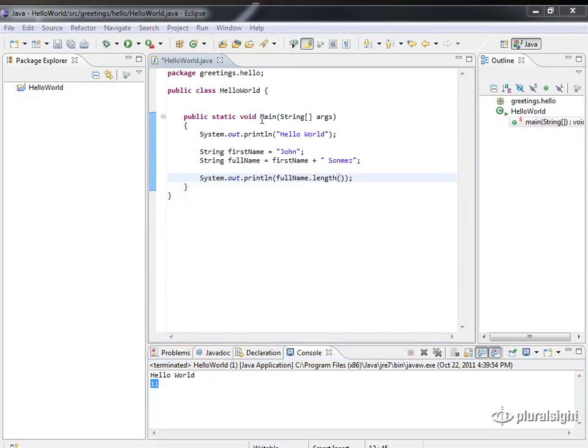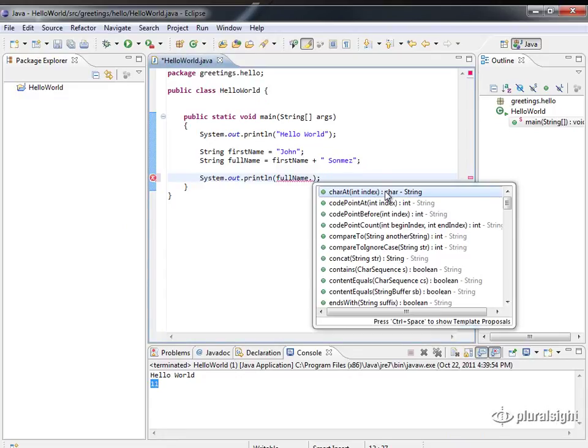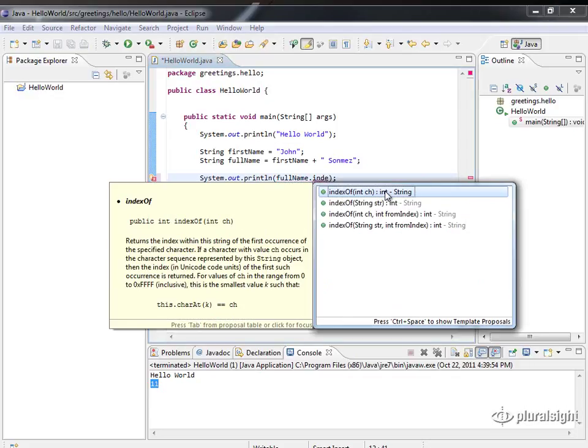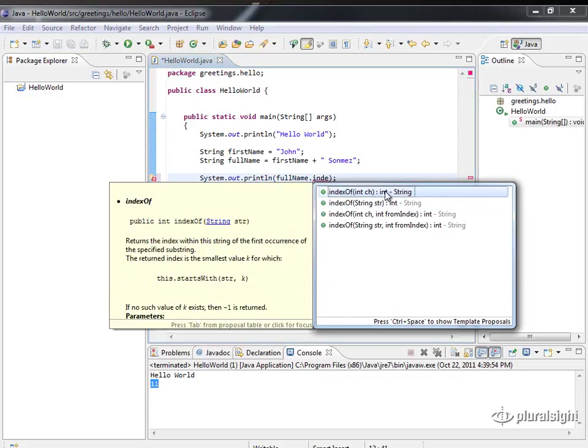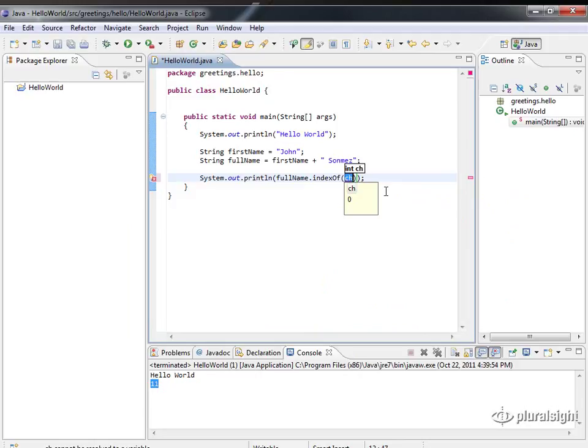And we can also find out where a letter is in the string by calling a method on the string. We can call dot index of, and we can pass in a character or even another string. And for this example, let's pass in the character Z. And you can see the special syntax I'm using to use a single character, which is single quotes. This is something that Java interprets as a single character. A string is always in double quotes, but a single character, if you want to treat it like a character,